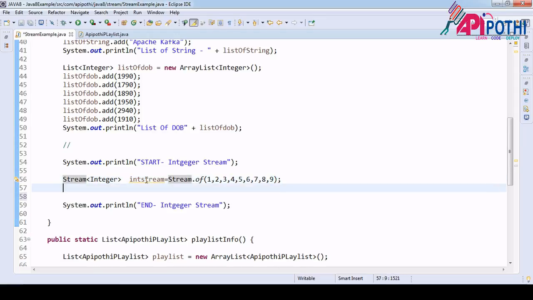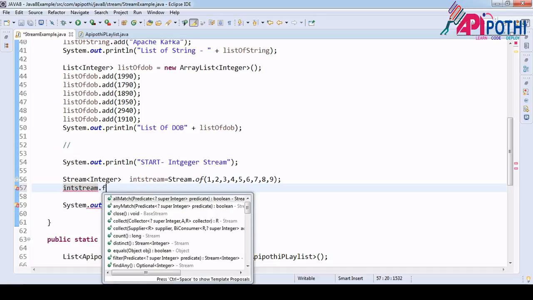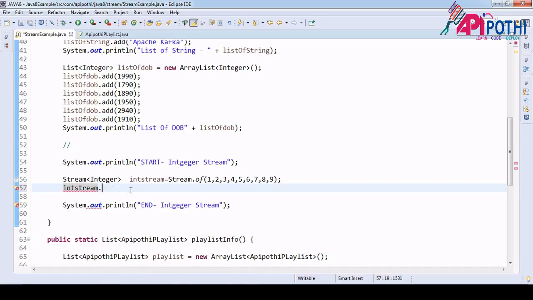Okay, now to print this, we are going to use the forEach loop, but in an upcoming slide we are going to understand what the forEach loop is. For a high-level idea, forEach is used to iterate any stream, or collections also. So dot forEach. Here I don't want to do anything, I just want to print the values that I have converted into the stream.